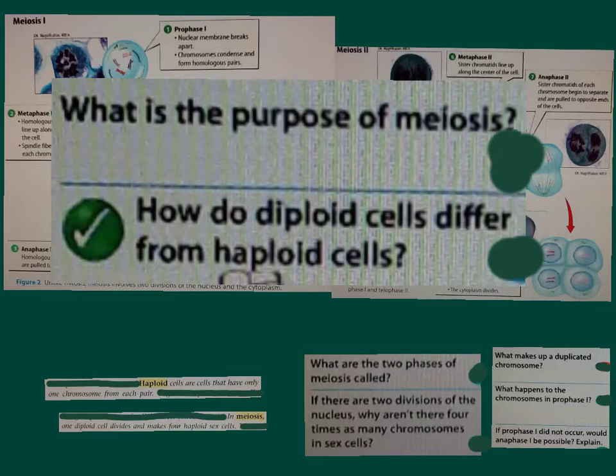And the second one is, how do diploid cells differ from haploid cells? You get to pick one of those two to write down in your science journal and answer, please. Don't wait and bring it to class to answer it. Answer it as we go along. So right now, I'm asking you to pause the video, write the question, and answer the question to the best